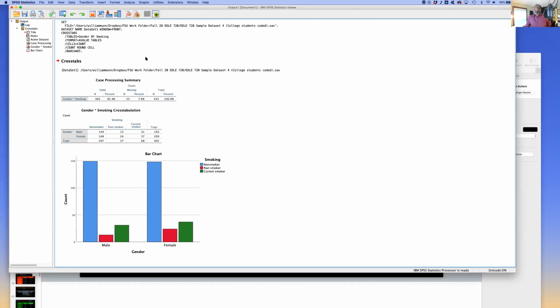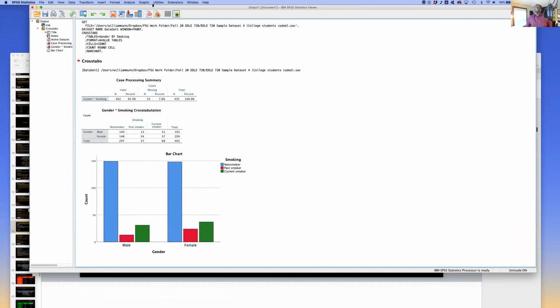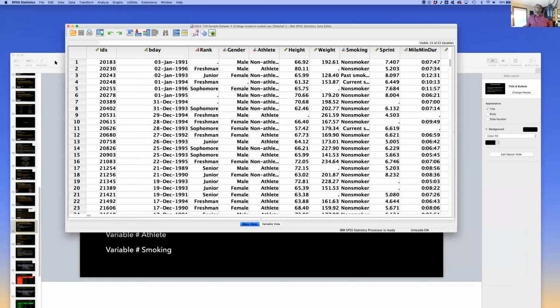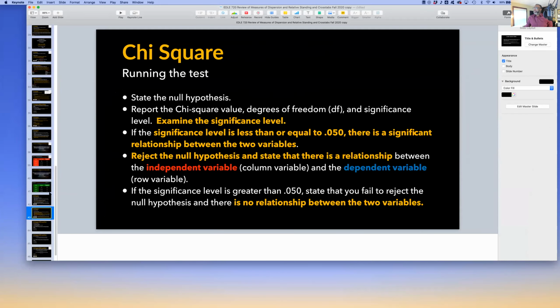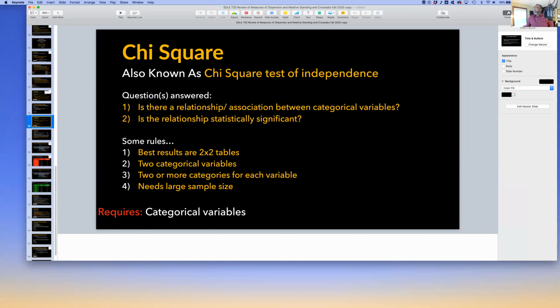In our last 8 minutes, what I'm going to do is ask the question. So we're going to go down here to chi-square. And chi-square essentially asks the question or answers the question: is there a relationship or association between these two categorical variables? And also answers the question: is that relationship statistically significant? So there can be a relationship. There can be a relationship between UFO sightings and alcoholism, but unless there is a statistically significant relationship, it's not